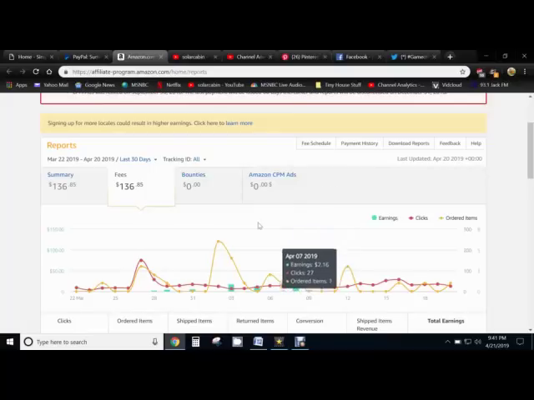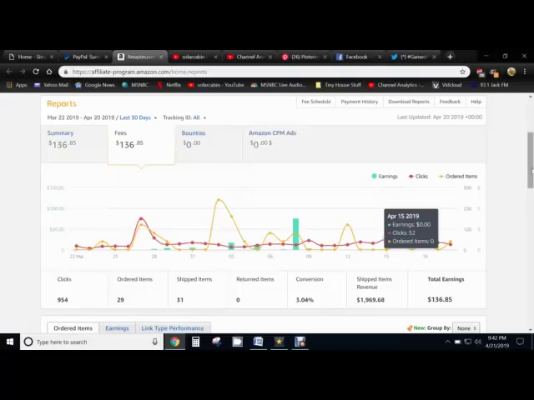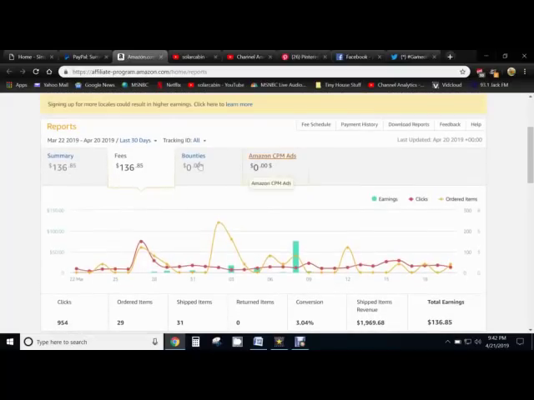$136. That was enough to buy my daybed and a small air conditioner swamp cooler unit. So a lot of times I'm putting this money right back into Amazon because I buy a lot of the small products and stuff that I need for my own place, my own off-grid cabin. So it offsets my expenses, but that's not bad for a month.